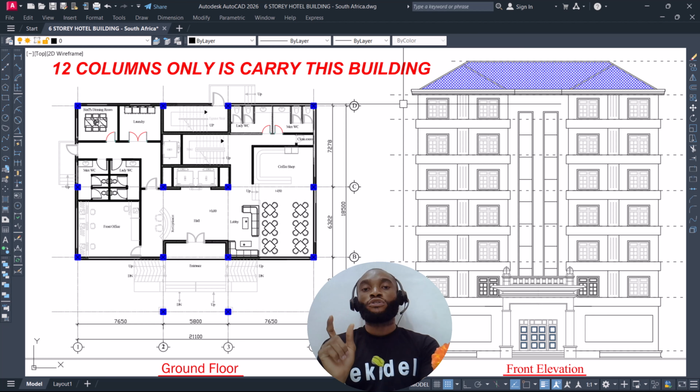Also, note that this particular structure has a complete course video which we recorded, beginning from the structural framing up to the modeling, design, analysis, and then performing interaction checks on the members,